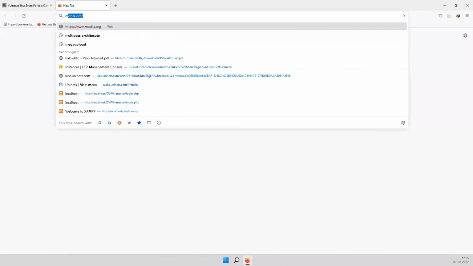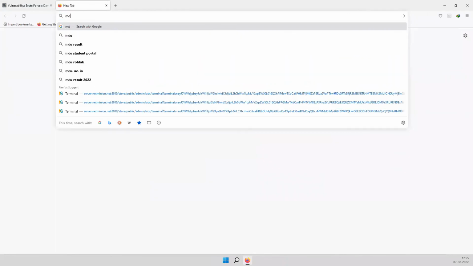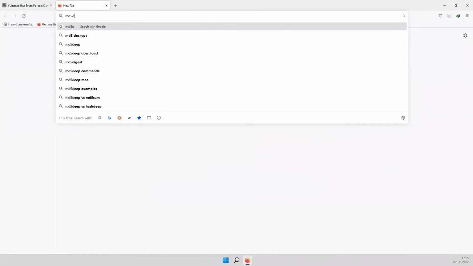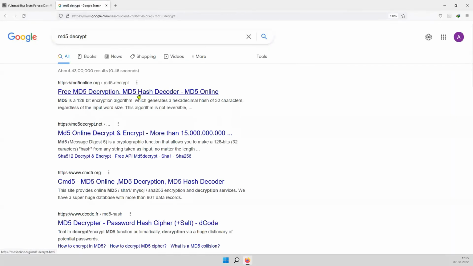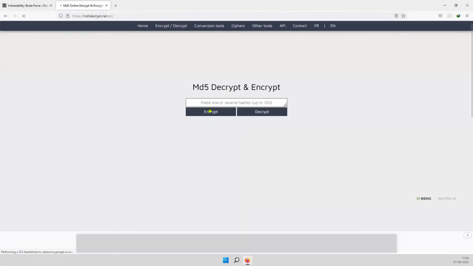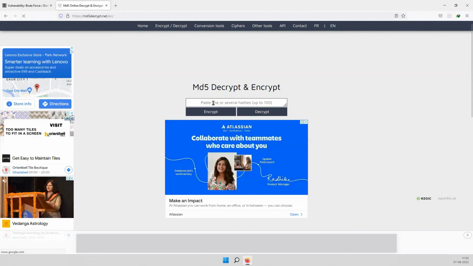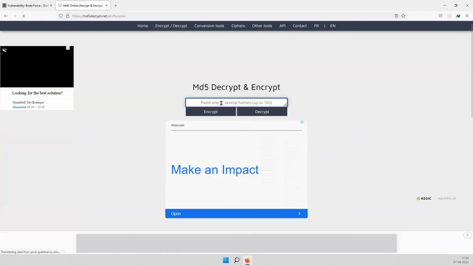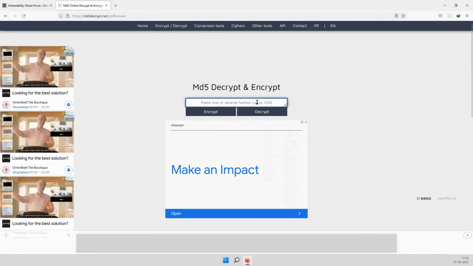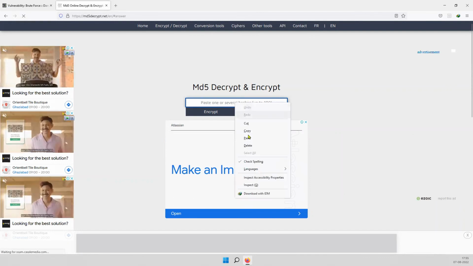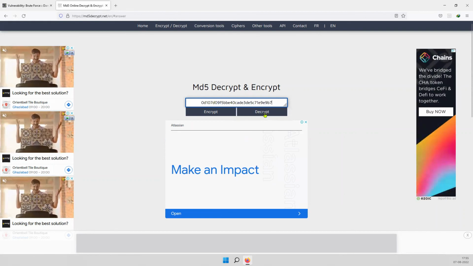Any MD5 decryptor. Usually these are very simple passwords. Maybe I can try this one. I would put that hash and try to decrypt it.